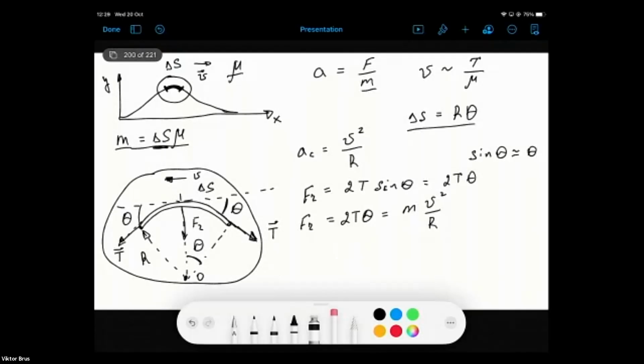So we can now substitute instead of delta S this product, radius times theta, and that will be the following. So it will be radius times theta times mu. So now we can substitute it instead of mass in this equation. So it will be 2 times t times theta equal